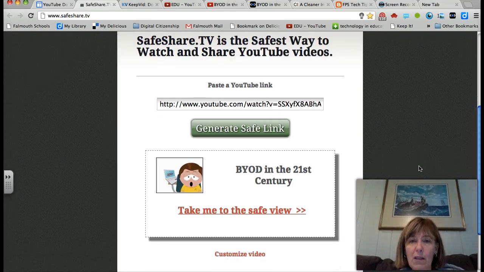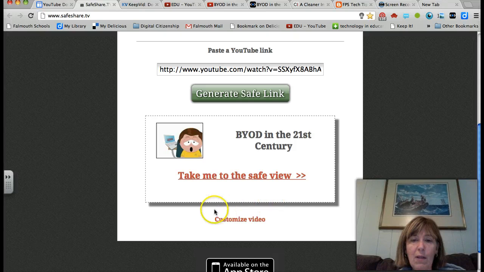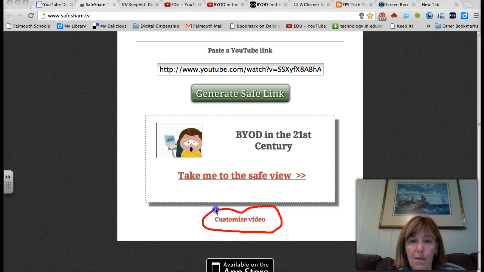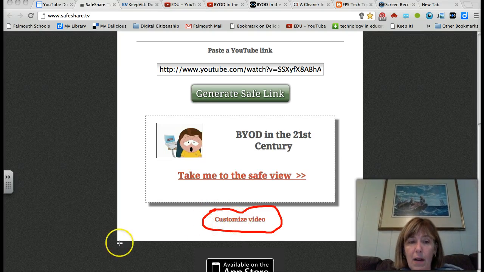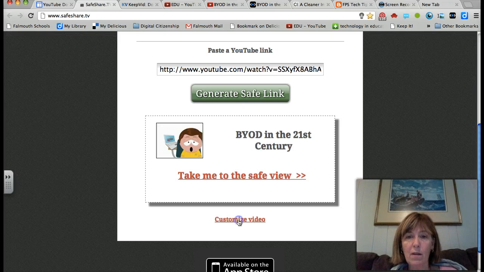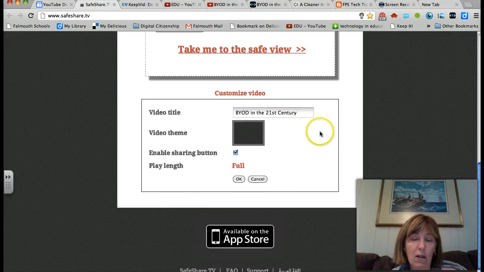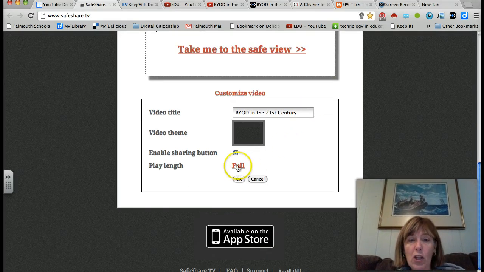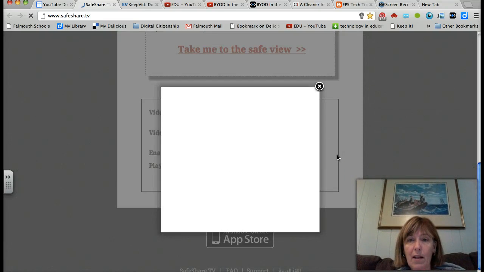But the advantage of this is after you do that, notice down here it says Customize Video. Let me just very quickly show you what I'm talking about right here. It says Customize Video. And if I click on Customize Video, it will allow me to make some very basic changes in the video. I can change the title, although I don't know why I would want to, but I can change where it starts and stops. If I click on Full,